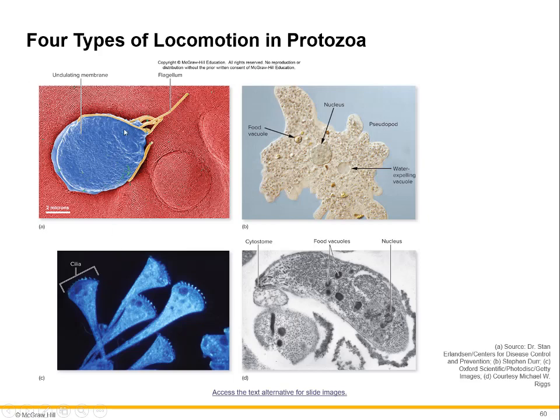So here you can see a flagella in this organism, and you can see the amoeboid structure. The amoeba here has a food vacuole, a nucleus, and a water expelling vacuole, which we'll talk about in a minute. And so they can engulf their food with these pseudopods, these extensions. When they find something they're interested in, they stream in one direction. Their cytoskeleton and all their organelles and the plasma all stream in one direction,